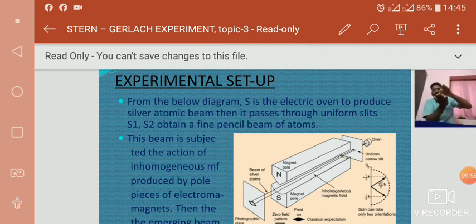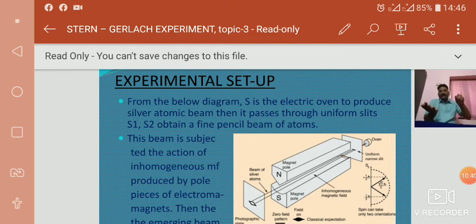What happened means all the magnetic lines of force came from south and entered into the north pole. Therefore, the magnetic field is increased from the flat grooved south pole to the sharp knife-edged north pole. The magnetic field is gradiented, that is, gradually increased from the flat surface to the sharp knife edge. Therefore, the magnetic field varies from south pole to north pole. It gradually increases. And then the silver atomic beam enters into a